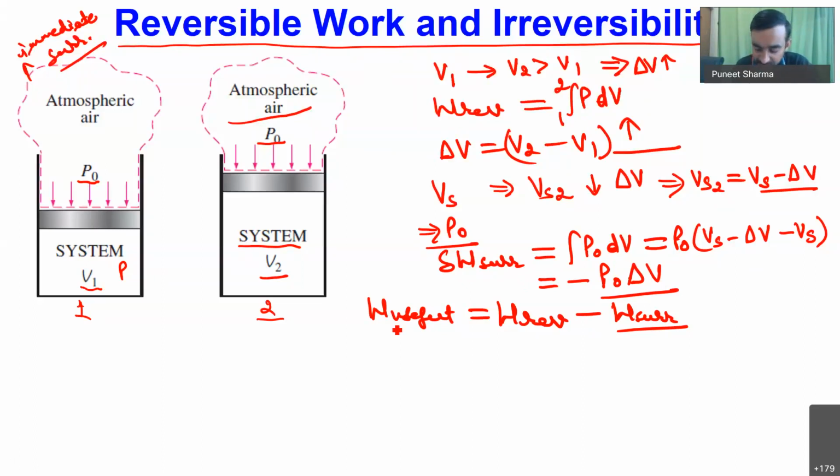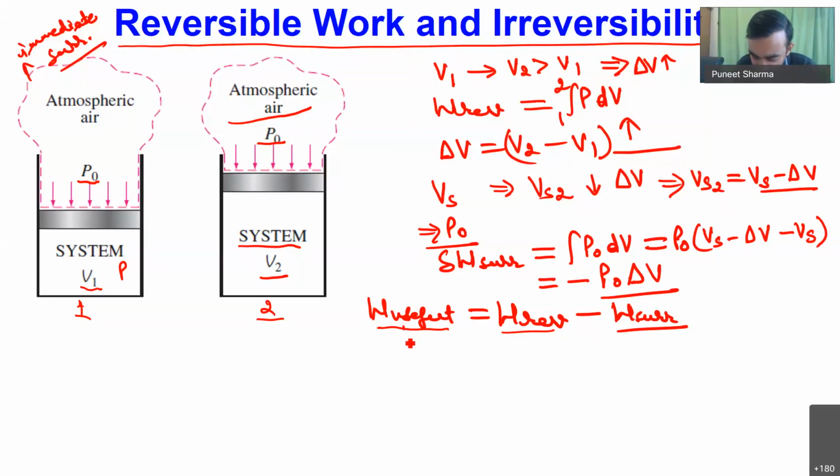So whatever useful amount of work we have, which can be utilized for another purpose, is equal to W reversible minus W surrounding. Now you should be able to differentiate between the reversible work and the useful work. Reversible work is the maximum amount of work that we can extract from a system when there is no irreversibility associated, whereas useful work represents the maximum amount of reversible work that can be utilized for a certain purpose. So that excludes whatever work we are not able to use.